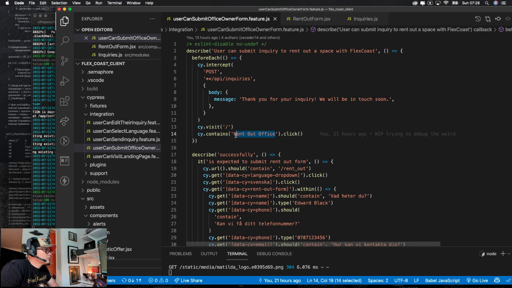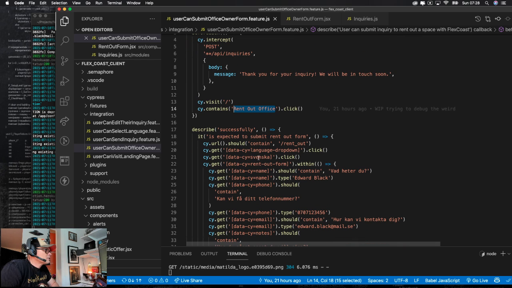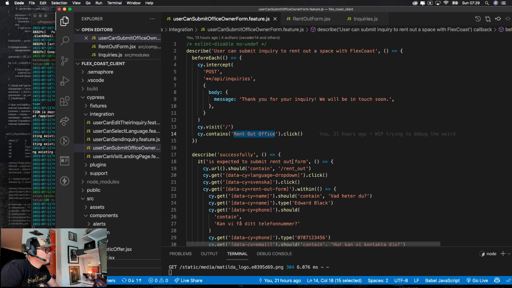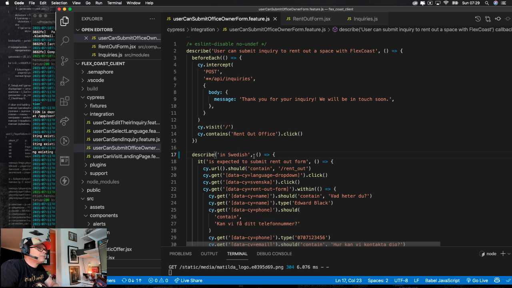Right, not sure if this is the right text we want. Language wrapped out, click svenska. Expected to submit is expected to be successful. Right. User can submit inquiry to rent out offices with Flexcode in Swedish.